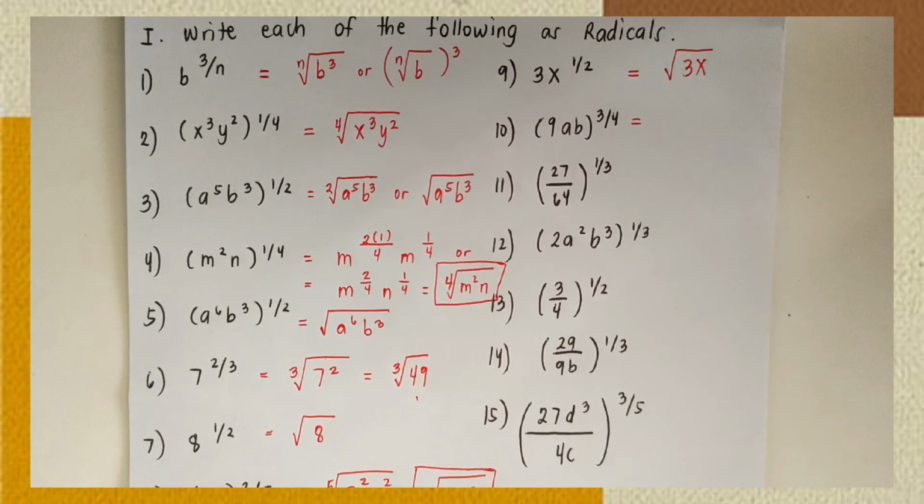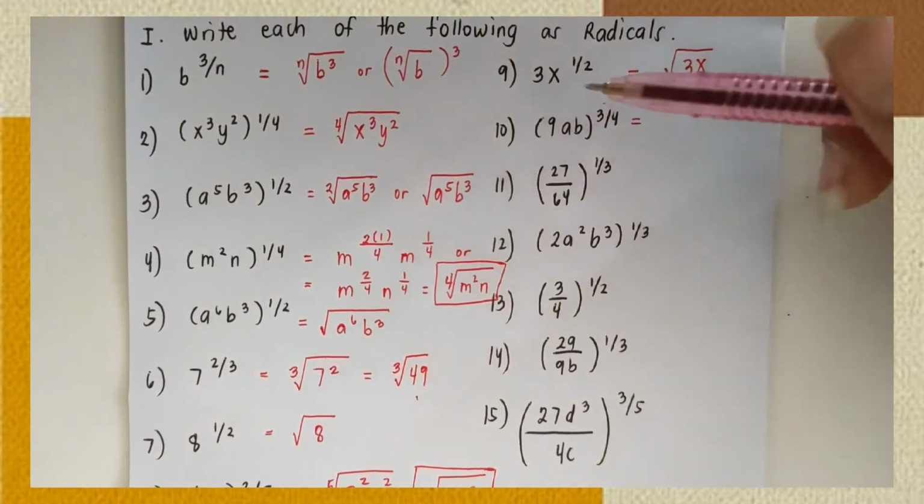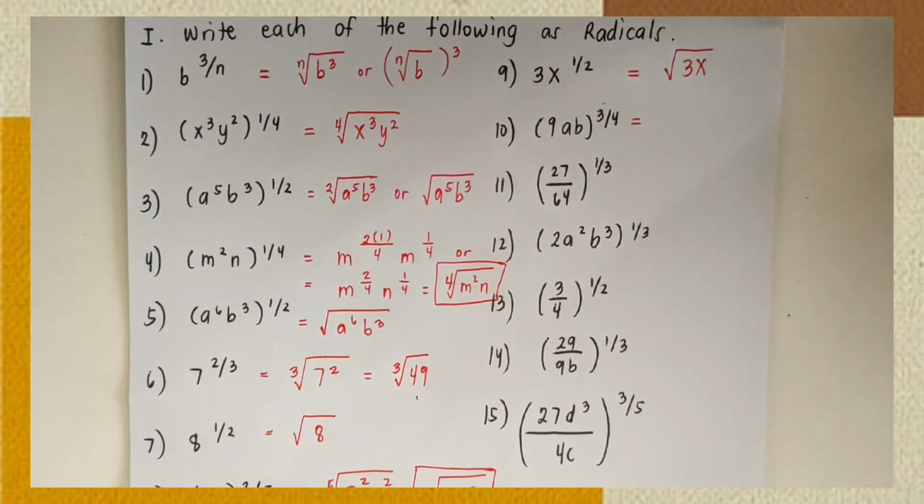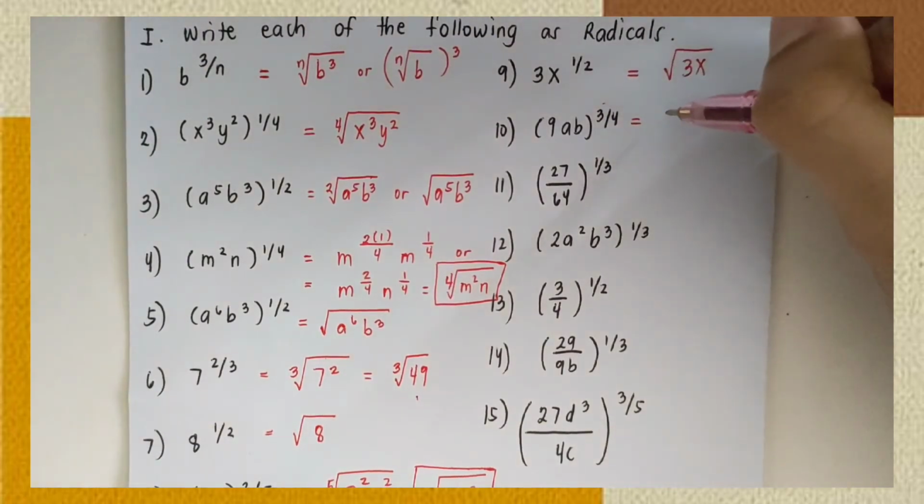9ab raised to 3/4. The 4 there as our denominator will be our index. And then distribute 3 to 9, a and b. Then later on we will simplify. So the answer will be